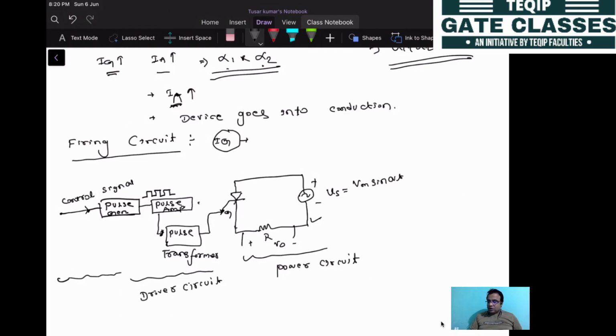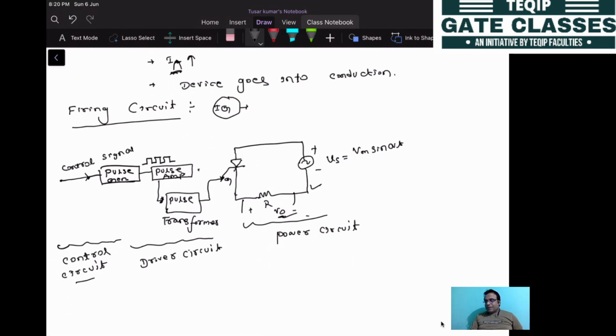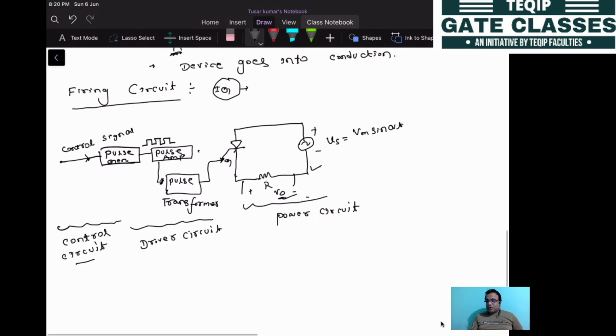And this last one is known as the control circuit. The control circuit will decide how much time the device should be on and how much time the device should be off. But the driver circuit will carry out the idea of giving the controlled pulse. It will drive the gate signal and give it to the gate. Ultimately, by applying the gate signal, the output will be varied at this output terminal. So this is how the firing circuit is designed. The firing circuit is placed just to switch on the thyristor according to our desire.